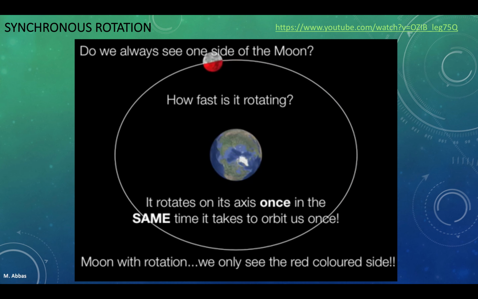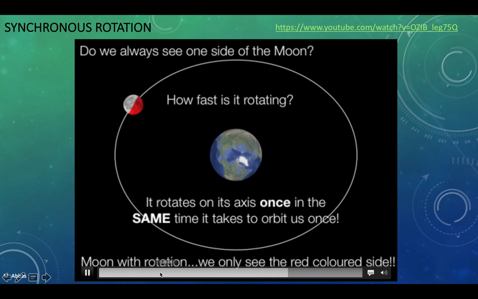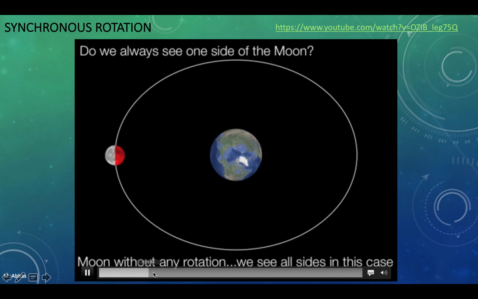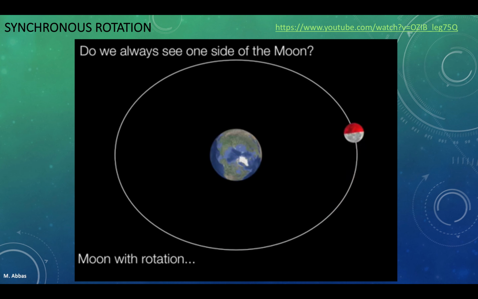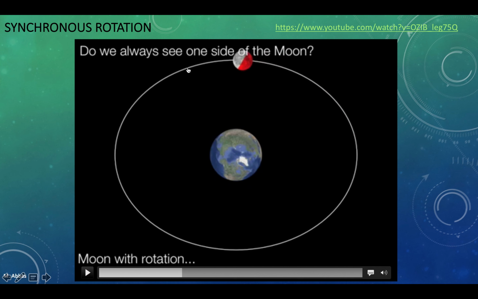So the thing is, at some point, the moon was doing this, rotating but really fast. But as the moon was rotating, the gravity of Earth was pulling on the gravity of the moon, and it was slowing down its rotation. And eventually what the Earth did is that it slowed down the rotation of the moon and it locked it